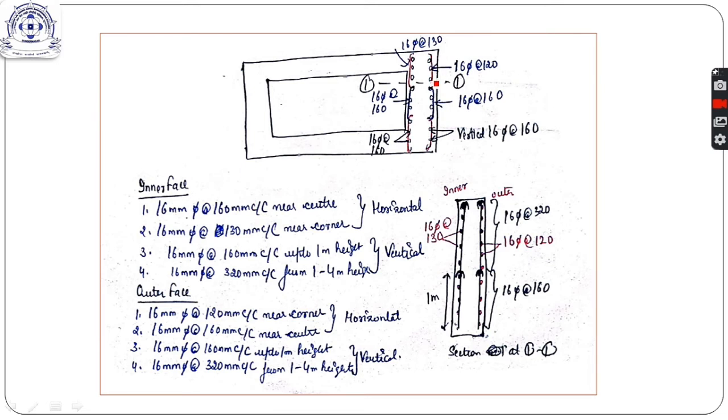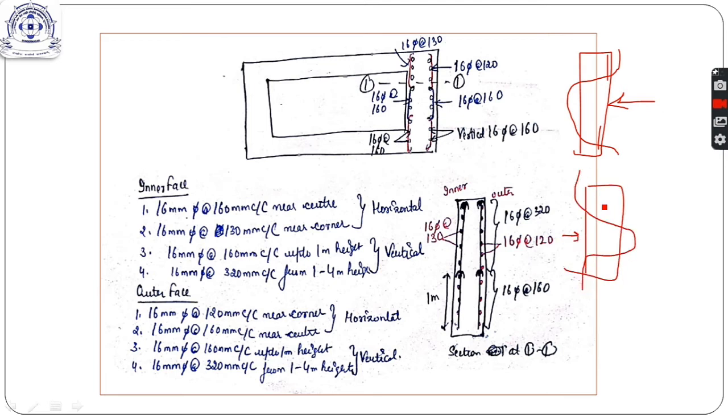This is the corner reinforcement on the outer face and the corner reinforcement on the inner face. Okay, so due to the earth pressure, this will be the behavior. So due to earth pressure, we have corner reinforcement on the inner face. Sorry, this is the water pressure, sorry. And in case of earth pressure, we have such type of behavior. So we have corner moment reinforcement on the outer face. So this is due to the earth pressure, and this is due to the water pressure.